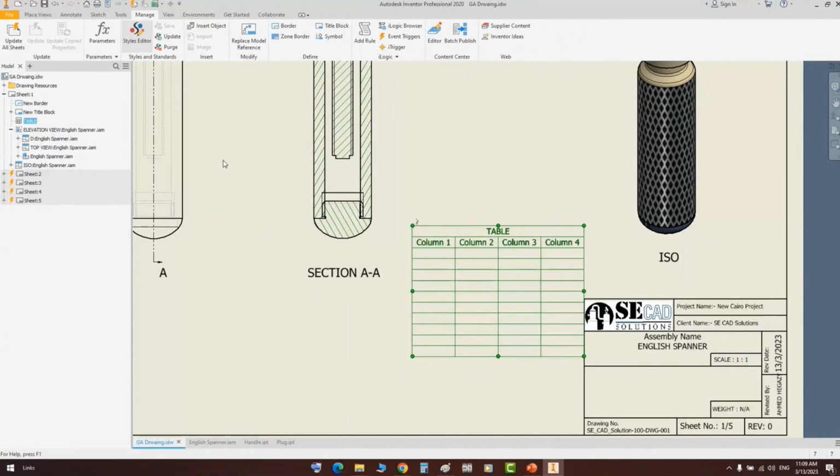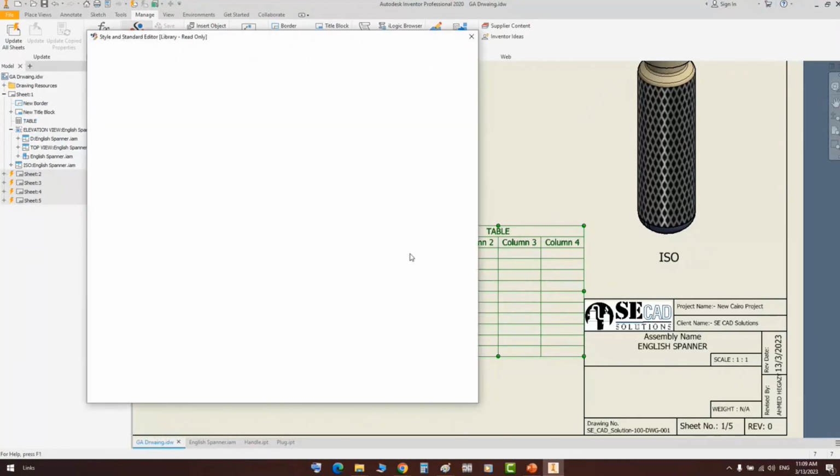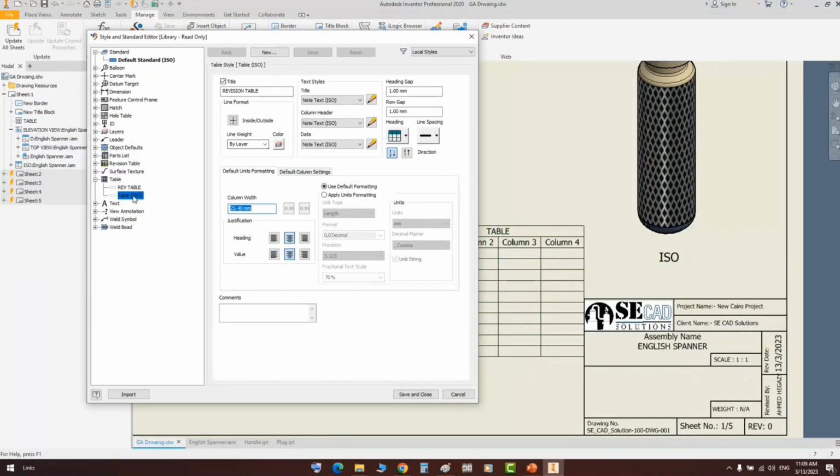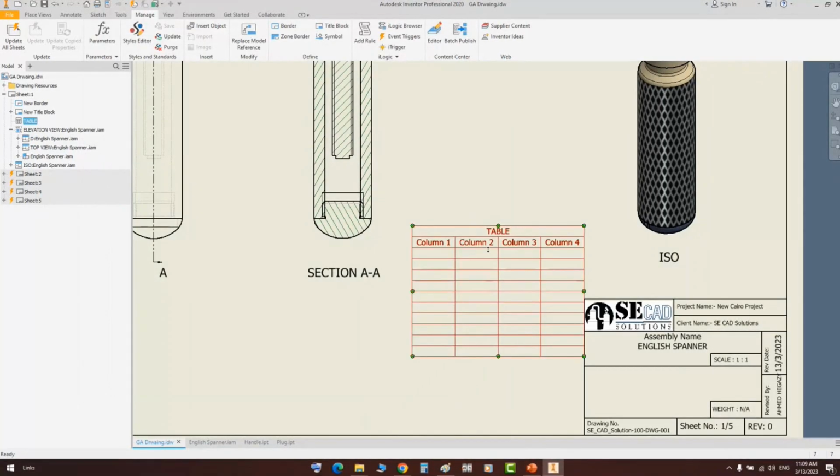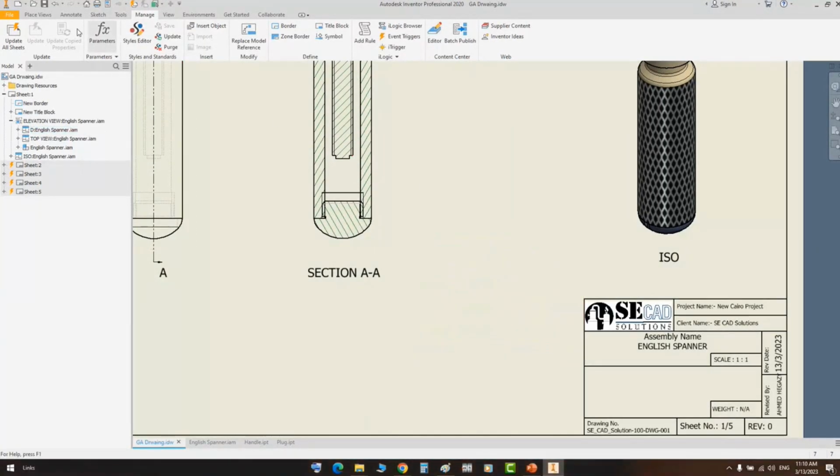We didn't save this information. So from table, if we come back to column, okay, it's activated, okay, and here we have 1, 2, 3, 4, 5, 6. So we have 6 columns. So let's remove this, and from